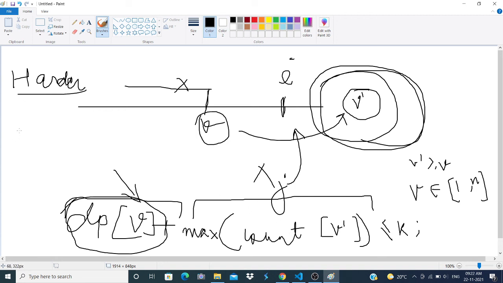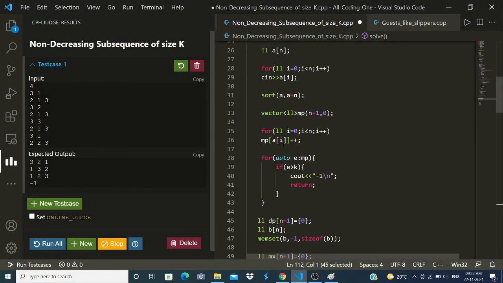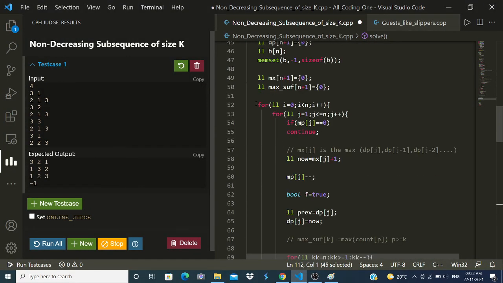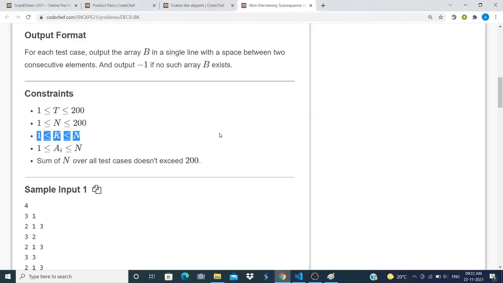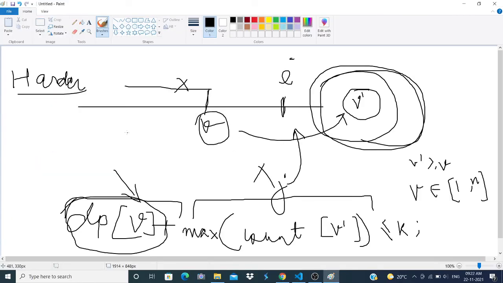And talking about the time complexity, as you can see, we are just going to each position, and so that will be order of n. And after going to each position, I try to fill it with all the values from 1 to n, so again n.